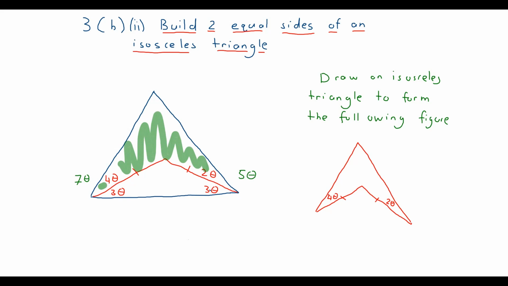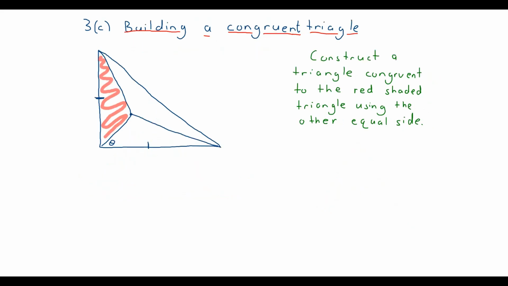Okay, the final part of technique 3 is to build a congruent triangle from the side. So what we've got here is this triangle, and I want a triangle that's congruent to this red one, okay? And I'm going to use this side here. So this is fairly straightforward. What I do is, and have a go at it first before you just watch me do it, I'm going to go, okay, let's let this